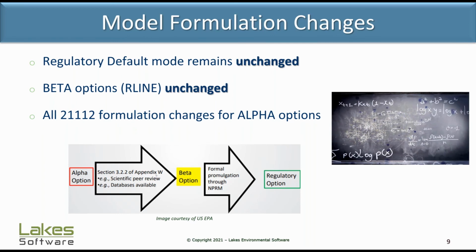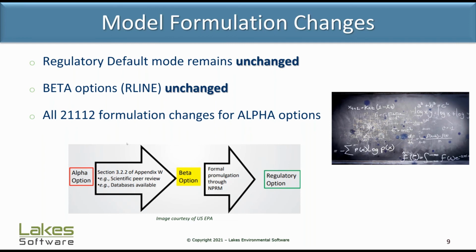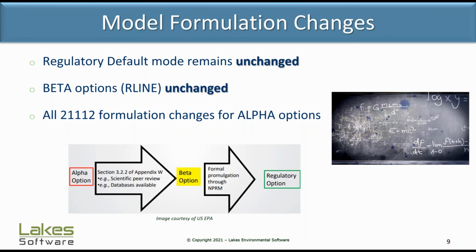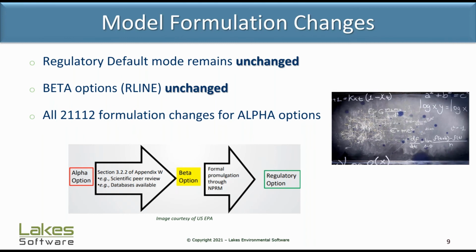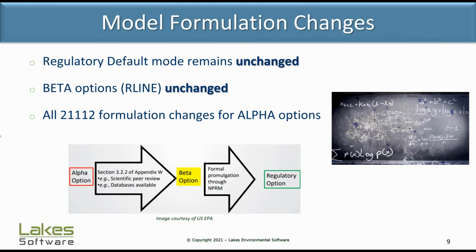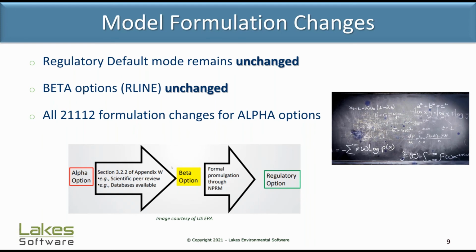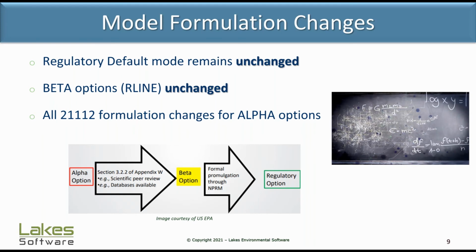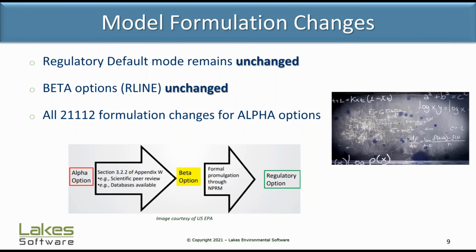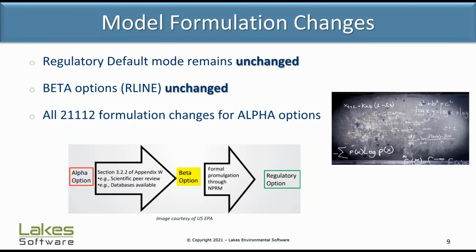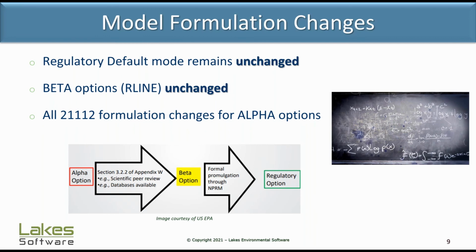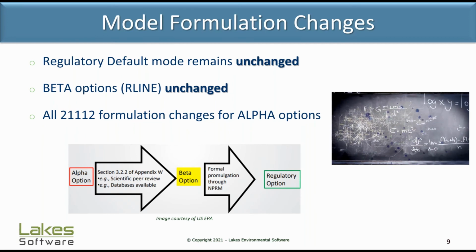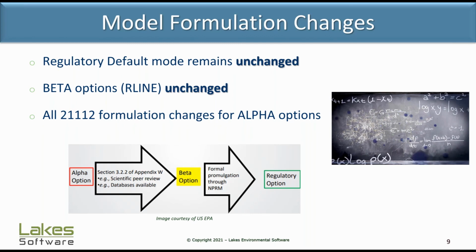There's nothing to say that an alpha option couldn't become a regulatory option straight away and bypass beta. It would just need to undergo thorough review and testing. So these non-default alpha and beta options are there so that the stakeholder community can evaluate them for themselves. Maybe you've done some field tests on your own, and you can validate those tests in the model using these options and then provide additional feedback to EPA on how these options are implemented, potential changes that need to be